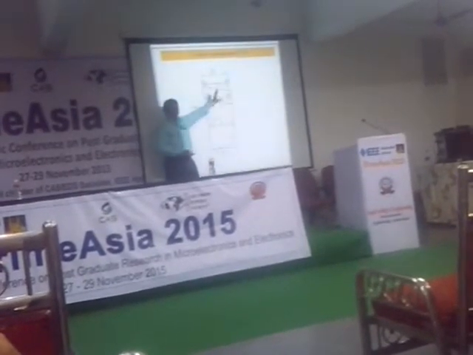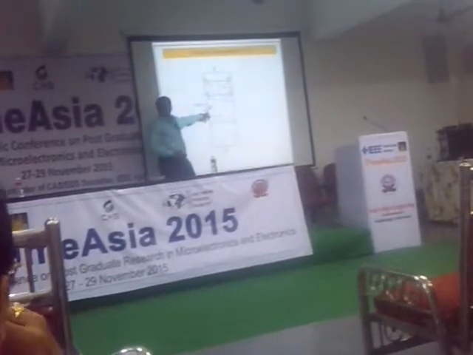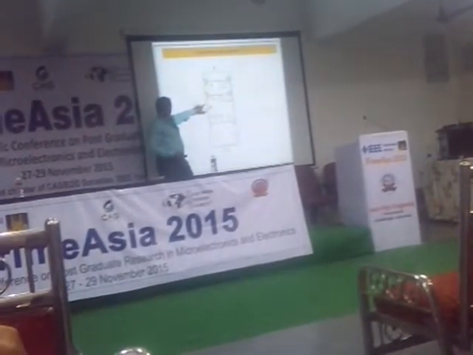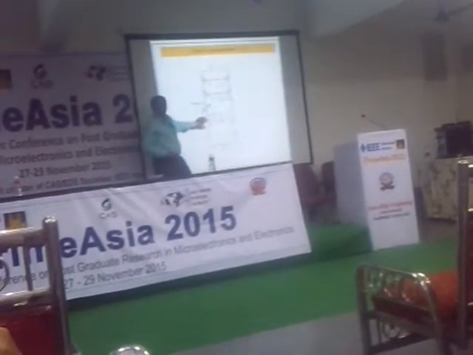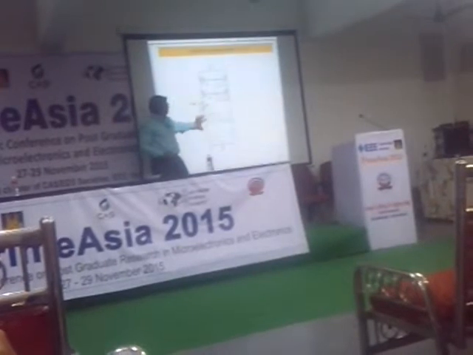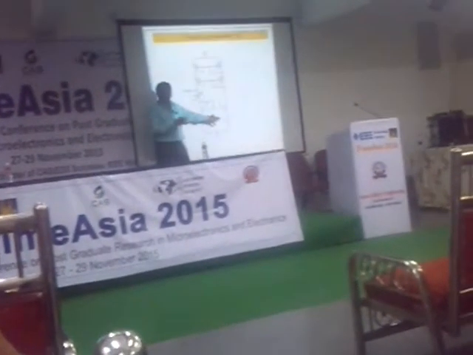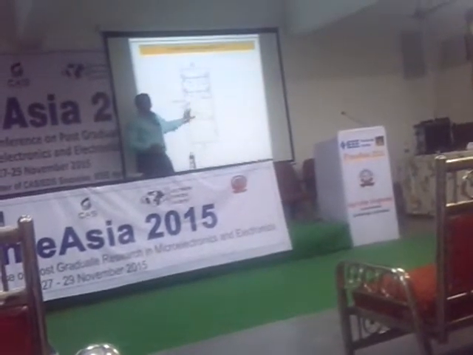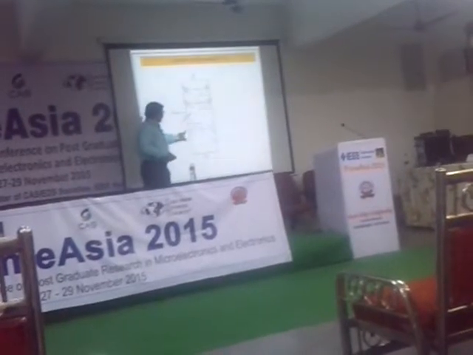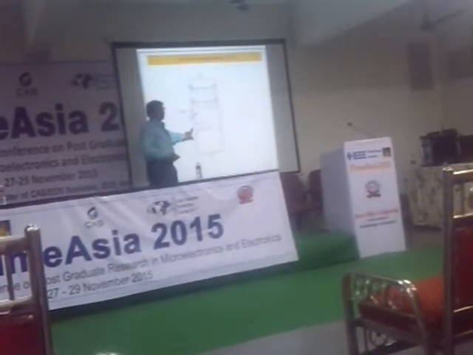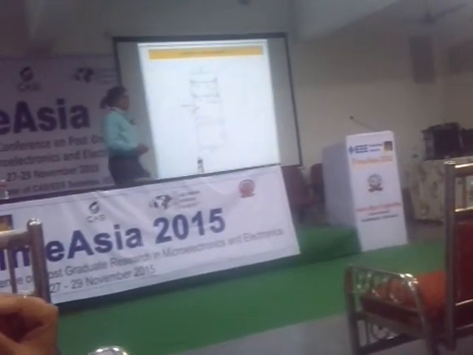But as you are using this cascode current mirror here, the same current will be flowing here. So that current when it flows here will give you a voltage. Voltage at this point will be equal to I into R2 plus VBE1. So you have VBE1 plus I into R2. As we all know, I is nothing but delta VBE divided by R1. So you have R2 by R1 into delta VBE1 plus VBE1. So you have a CTAT plus a PTAT. It works in that particular fashion. Any questions, please?